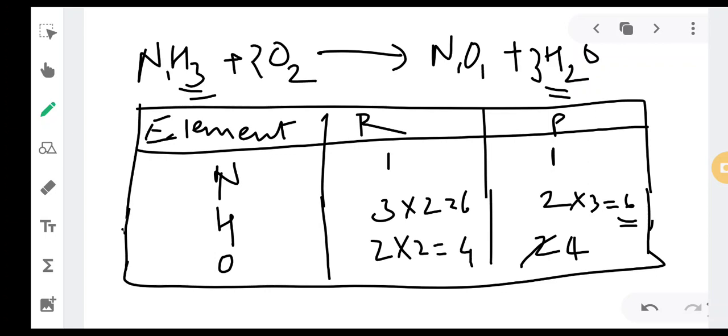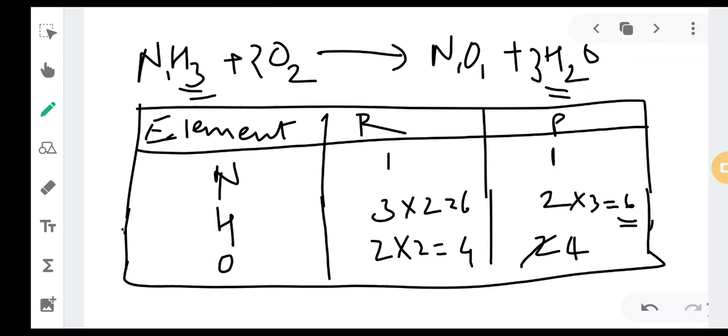So you have to multiply on the left hand side, you have to multiply oxygen with 2. Okay, so what will happen to oxygen? Oxygen will be balanced over here. Okay, whereas if you see 2 2s are 4. Okay, and on the right hand side if you see, it has become 4. So everything is balanced over here.